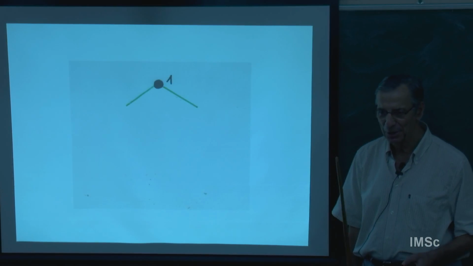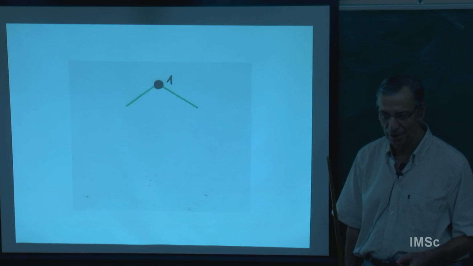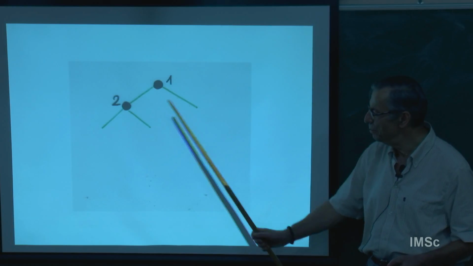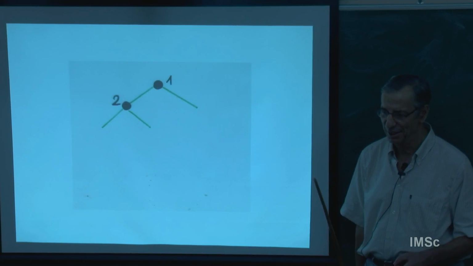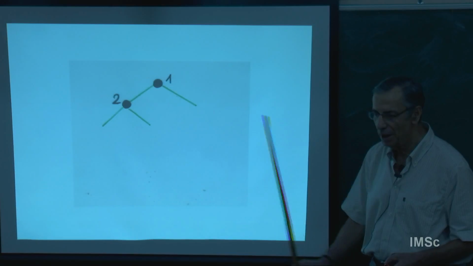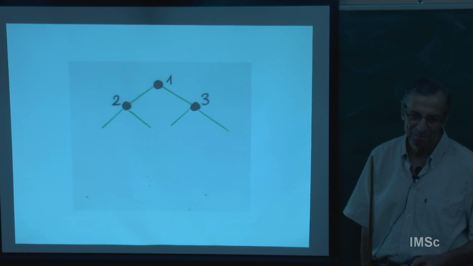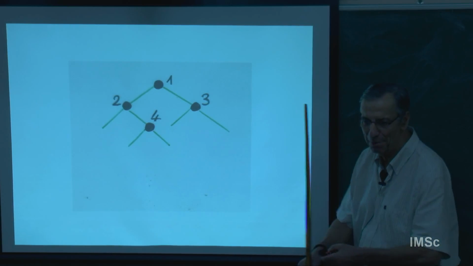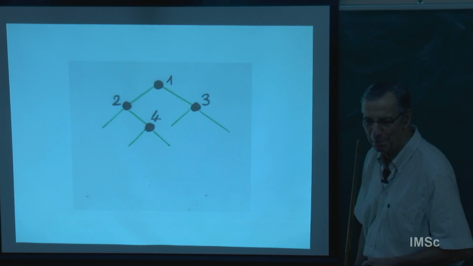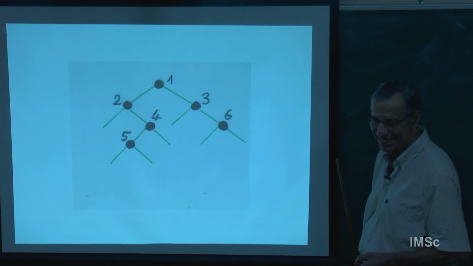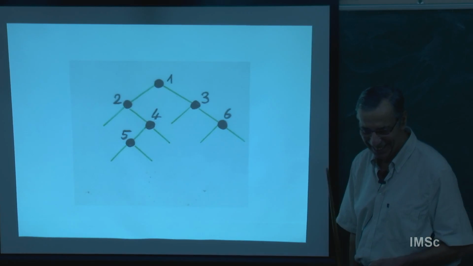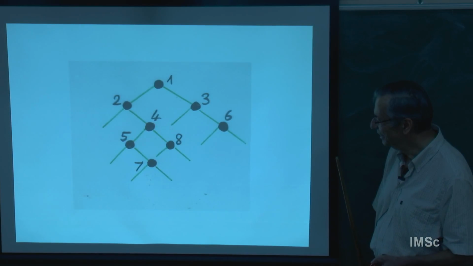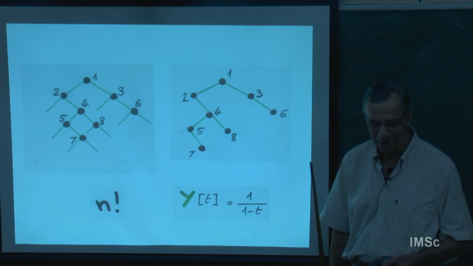So how do you construct an increasing binary tree? First you put the 1. Then there are 2 possible choices for the 2. Each time you put a new vertex, you add external edges. Now I have 3 possible choices for the 3, 4 possible choices for the 4. So increasing binary trees can be built by putting 1, 2, 3, 4 and adding edges. So 5, 6. That's n factorial: 1 by 2 by 3 by 4 is n factorial. So you are convinced that this is n factorial.